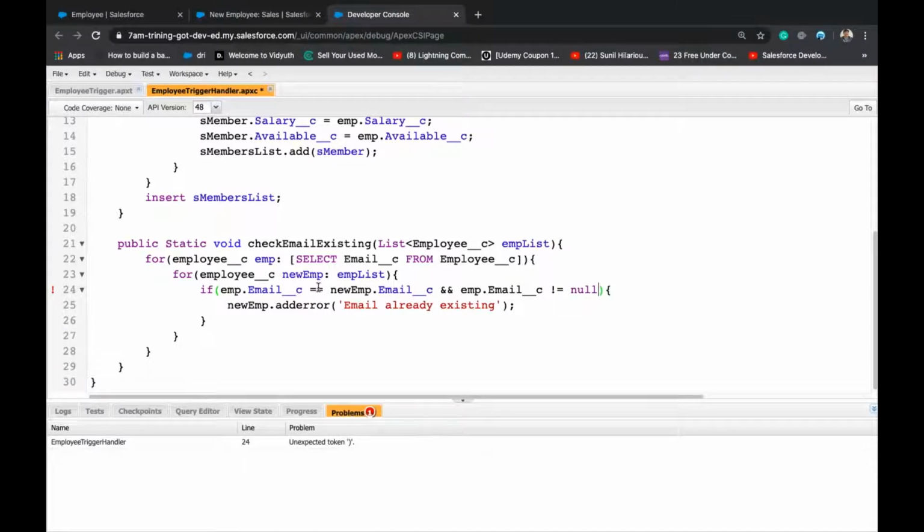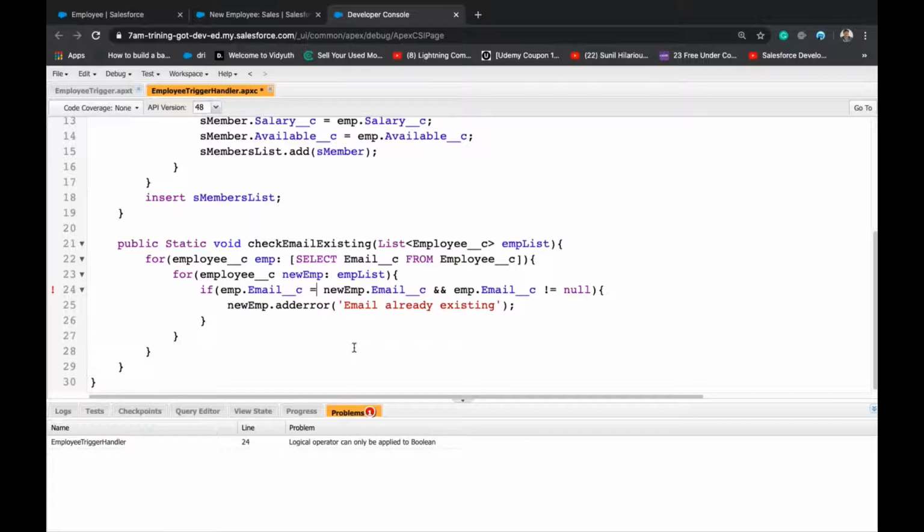So always remember we should use double equals to compare and exclamation mark equals for not equal. This is for equal and this is for not equal. A lot of people will keep a single equals and they'll get an error.